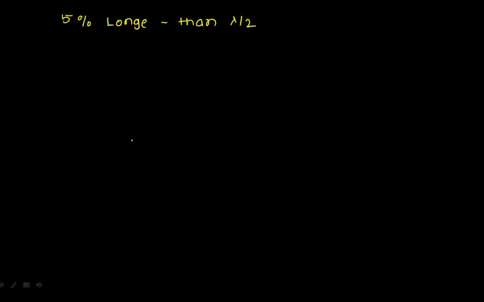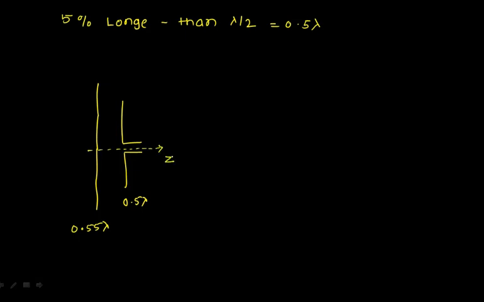So suppose this is my dipole antenna, you have given feed from here. This I'll call the driven element, and I'm keeping a length 5% more than this one and placing it. If the driven element has a length of 0.5 lambda, which is half wave, then just keep a length of 0.55 lambda here. And this is placed along the z axis. This I'll call the driven element, and this is the parasitic element.